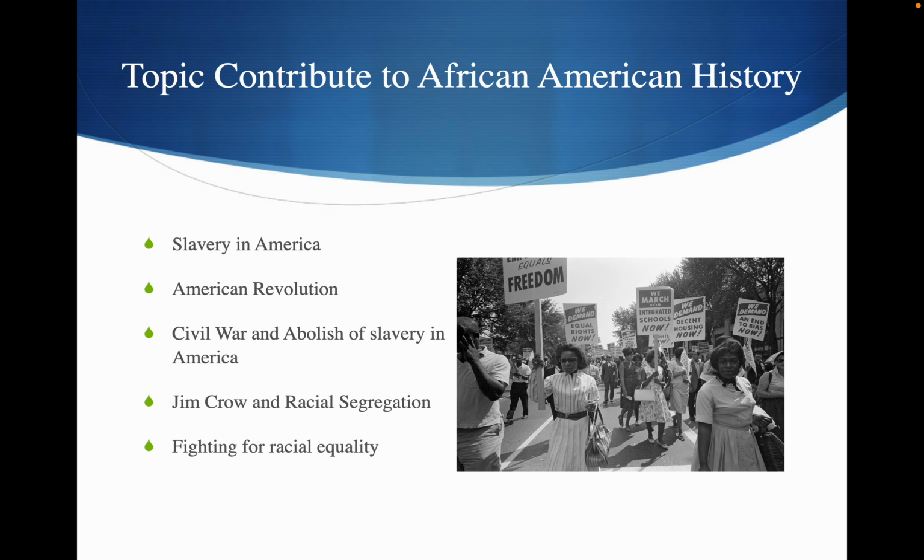enslaved Africans worked mainly on the tobacco, rice, and indigo plantations of the southern coast, from the Chesapeake Bay colonies of Maryland and Virginia south to Georgia. After the American Revolution, many colonists, particularly in the North, where slavery was relatively unimportant to the agricultural economy, began to link the oppression of enslaved Africans to their own oppression by the British and to call for slavery's